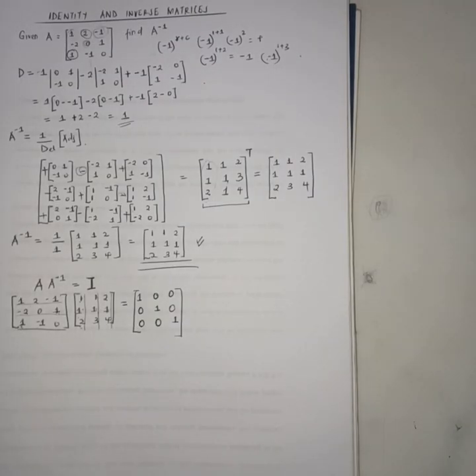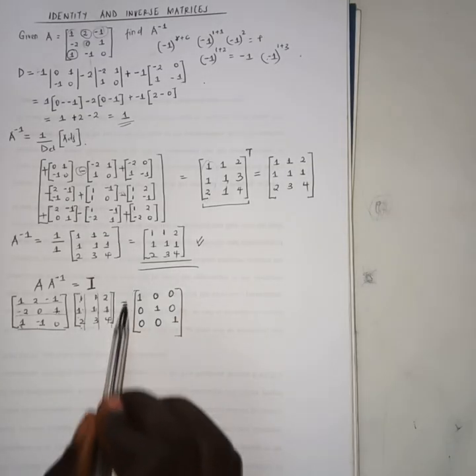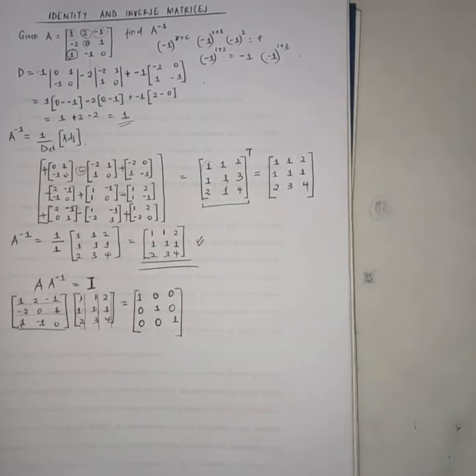And when we are talking about the identity matrix, it is a matrix that is in this form, that has no effect. When you multiply by any matrix, this matrix has no effect on any 3 by 3 matrix. It remains the same. So this is what we call an